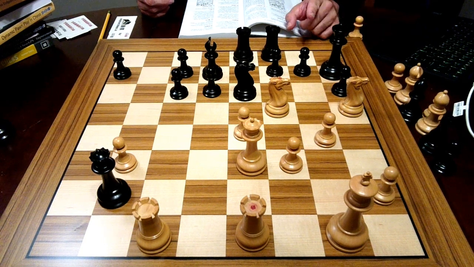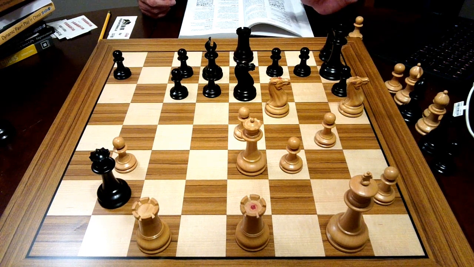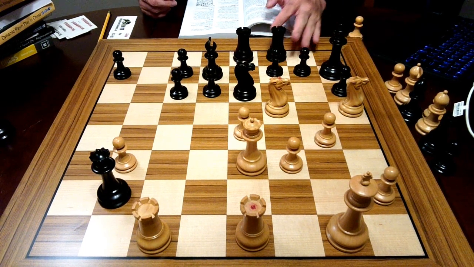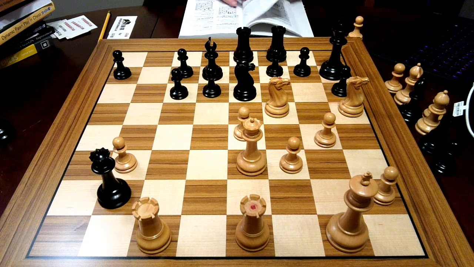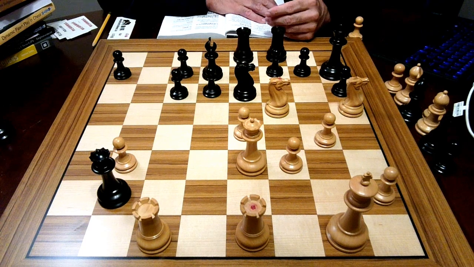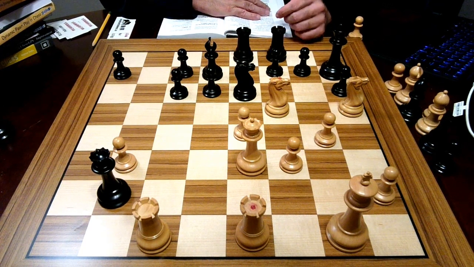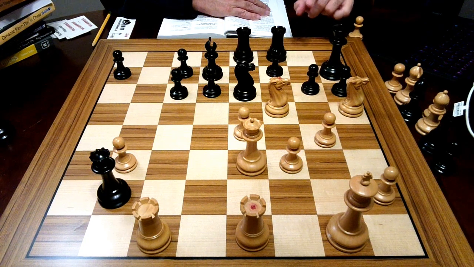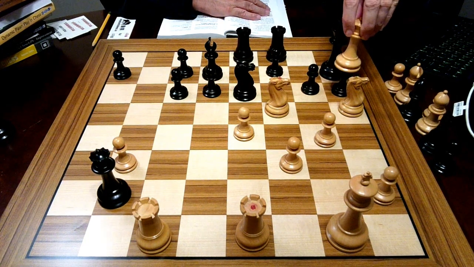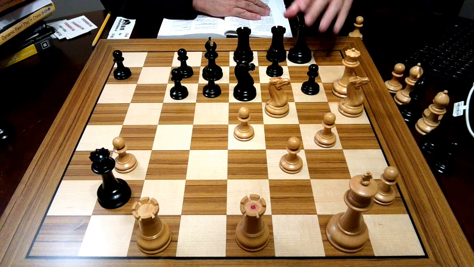Now we are at move 25 by black. Black played rook h8, but it's a mistake. That gives white an advantage. Here there is a lot of analysis that I would like to show you. Here it says g6 would be bad because of queen takes h6. Then there is king g8,